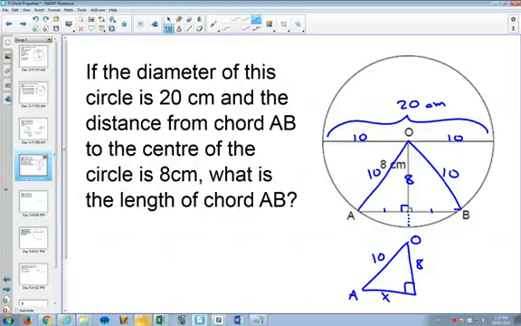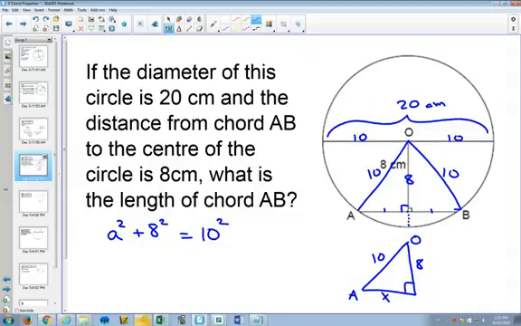When I set up Pythagorean, where will I put things? A squared plus B squared equals C squared. What don't we know? A squared or B squared? We don't know A squared or B squared. It doesn't matter which one you choose. I'll just say